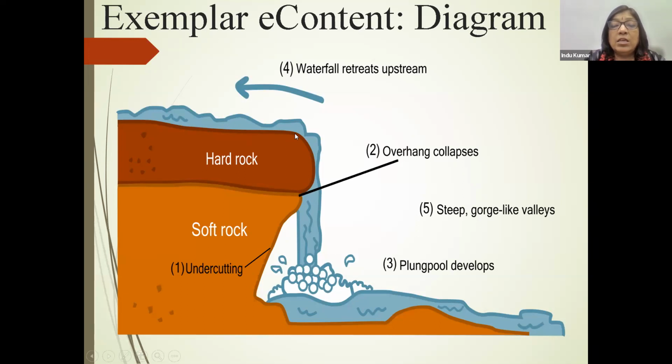That is the power of using digital content when we are trying to explain a concept. If you use an animation on the same concept, it will take 1 minute 30 seconds to visualize the entire process of waterfall formation, which actually takes centuries.